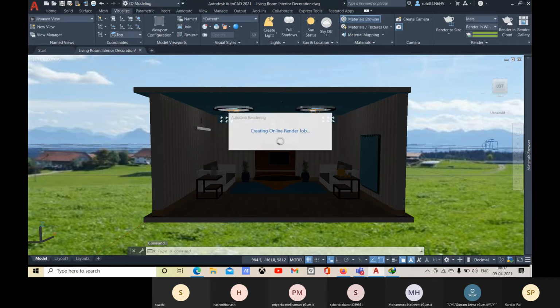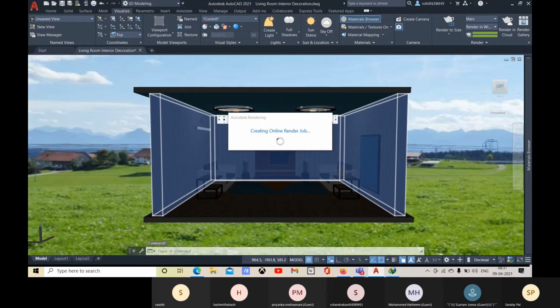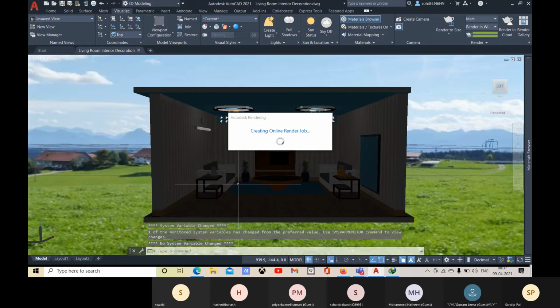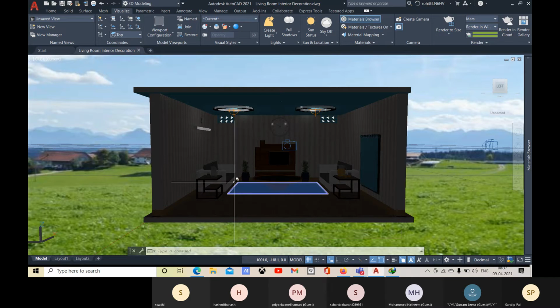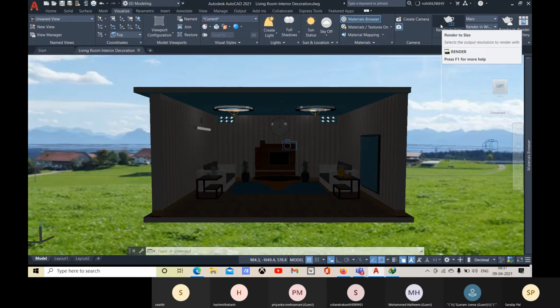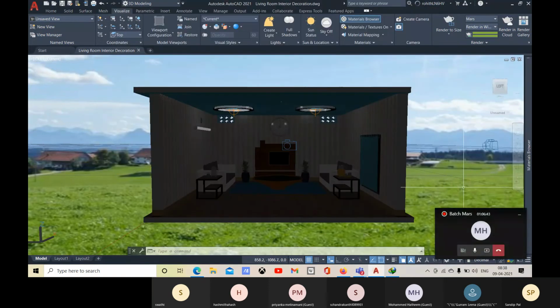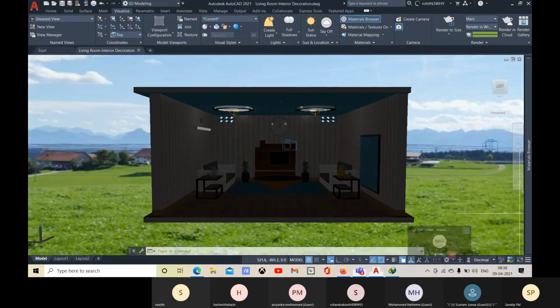Let's go for start rendering. Okay, just wait for a minute.